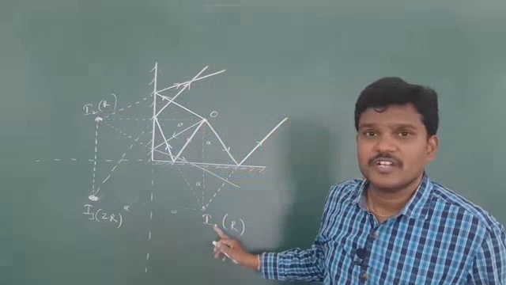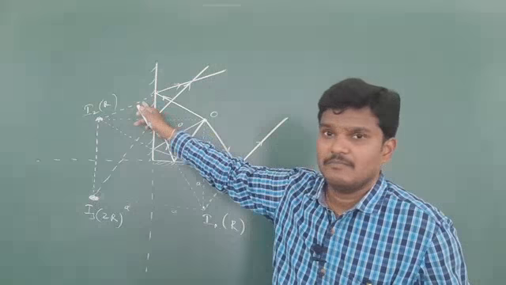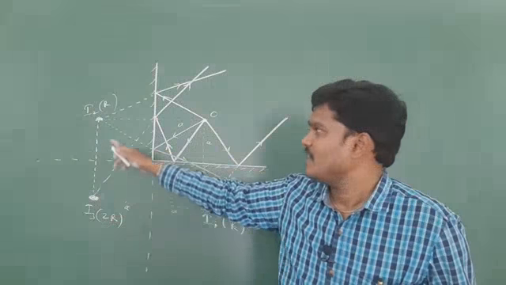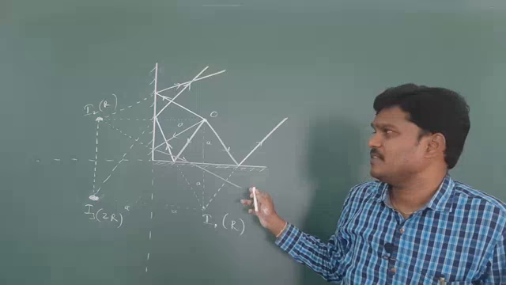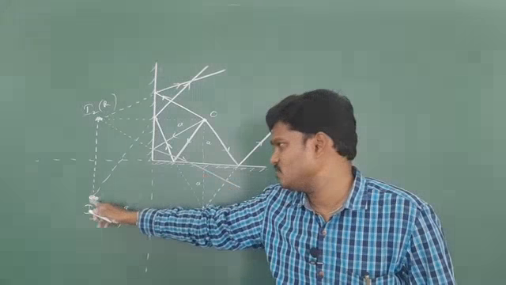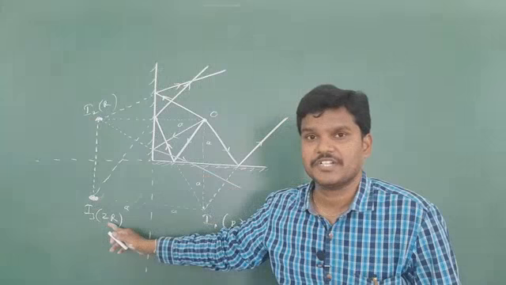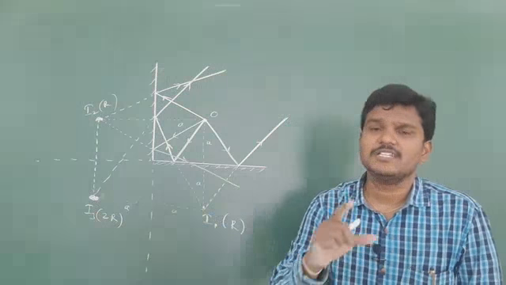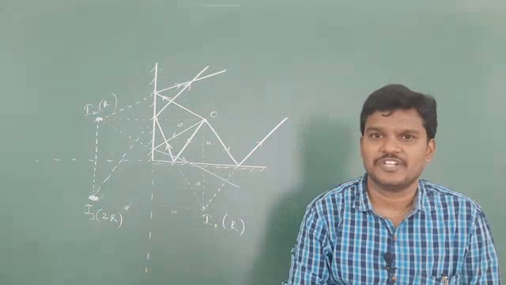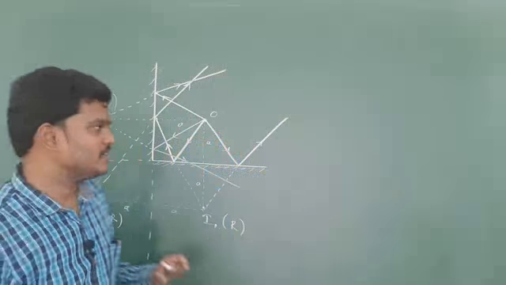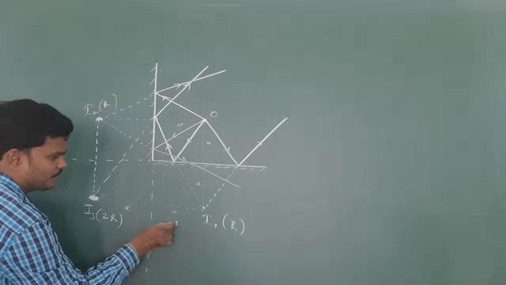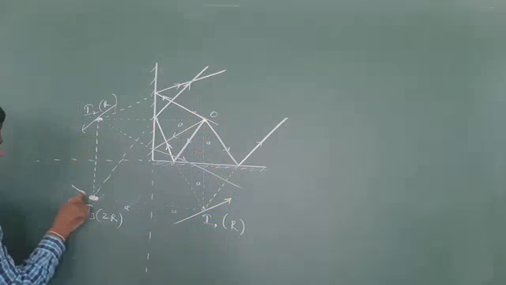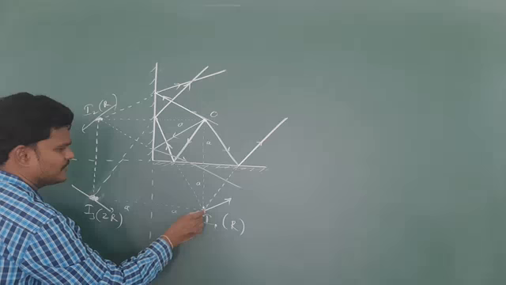This image behaves like a virtual object for this mirror and produces an image, because of one reflection, and this image acts as a virtual object for this mirror and produces one more image. So these two images are possible because of two reflections, but they coincide at the same point. So this I3 image is possible because of two reflections. If I draw tangents for all objects and images, you will get a circle.